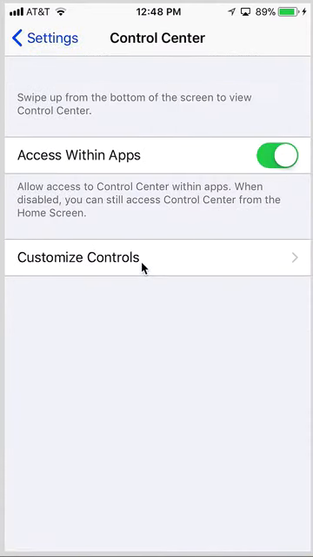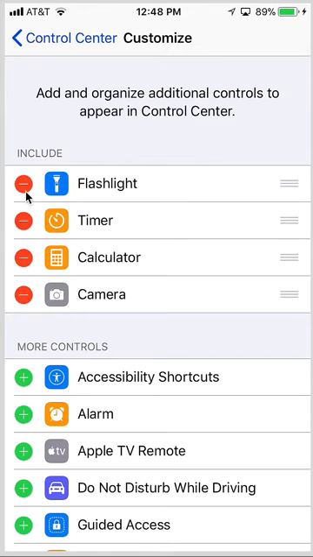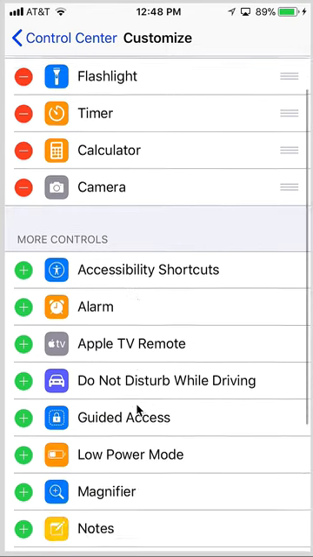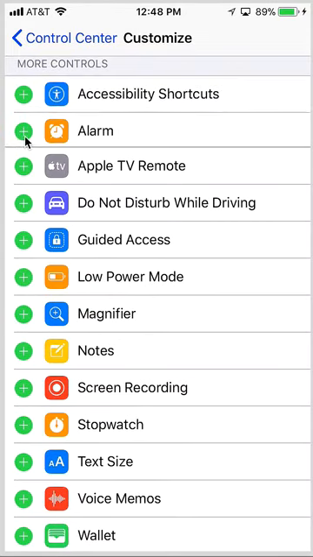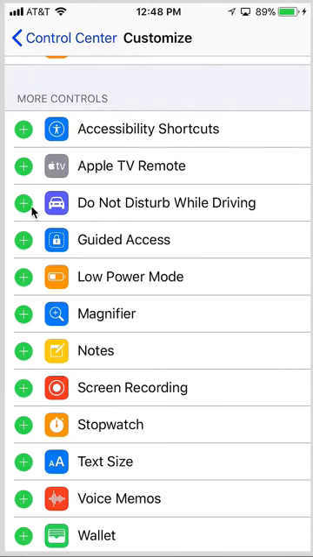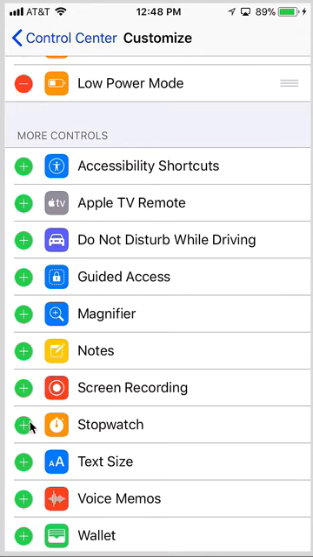And then we're going to say Customize Controls. And notice here's your 4 that are default, and you can actually get rid of those if you want to just by tapping the minus sign. And then if you want to add more controls, there's all kinds of options here that you can do. So I'm going to say I want to add the alarm. So I'm just going to tap the plus sign, and then maybe low power mode, and then stopwatch,